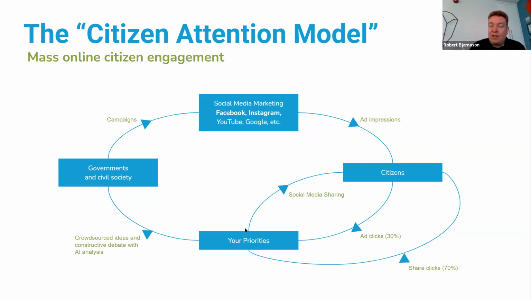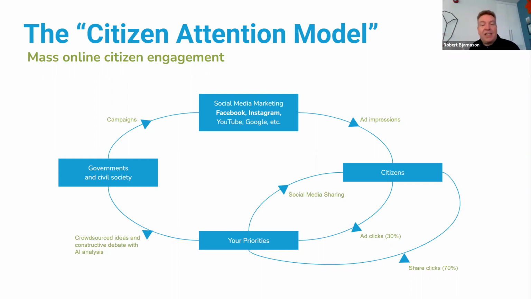So then other citizens will see it and they will click on it, and that's the circle at the bottom right of the chart where, for example, for the My Neighborhood project, 70% of the visits to Your Priorities come from the circle on the bottom right.